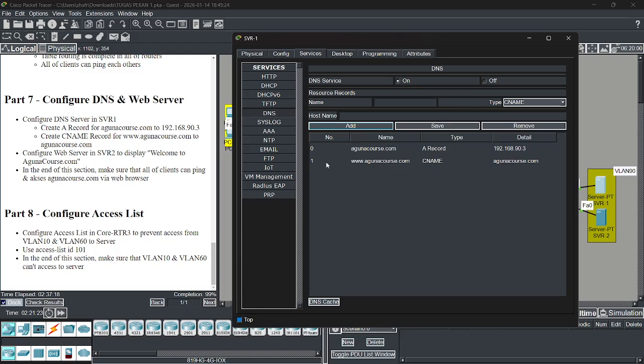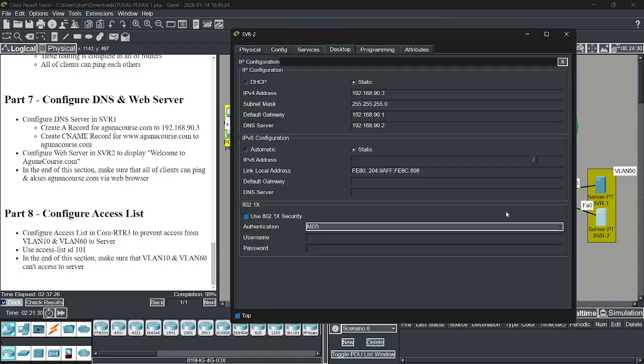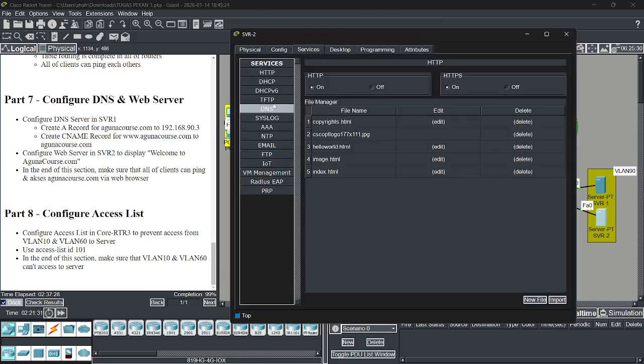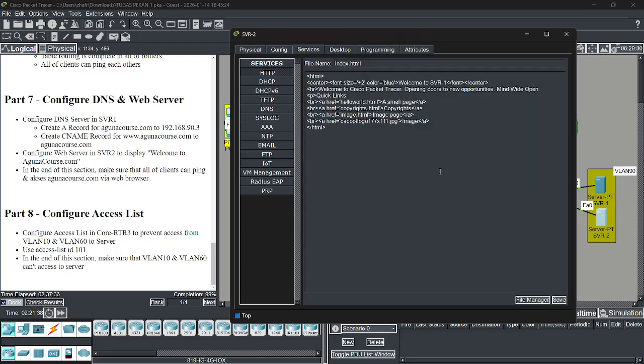Okay. After that, go to our web server 2. The server 2 services HTTP, the main one. Wait.